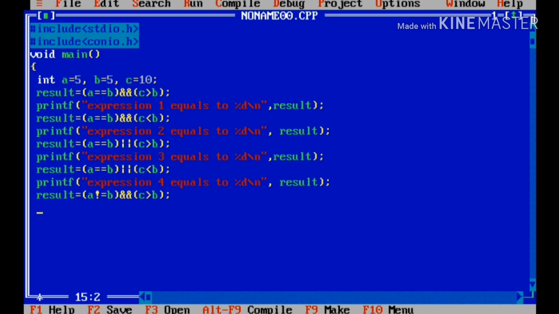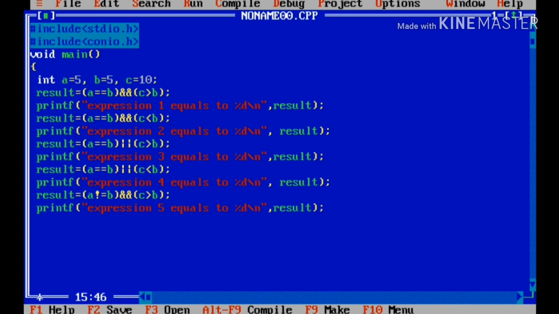In this one it will check if a is not equal to b or not, and c is greater than b or not. If the first condition is true, then it will pass on to the second condition. This process will take place in all the conditions above. Expression5 equals to %d \n, comma result.